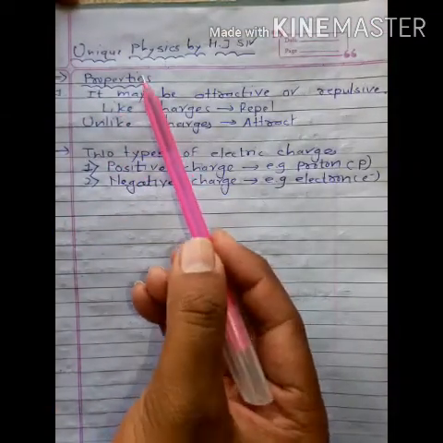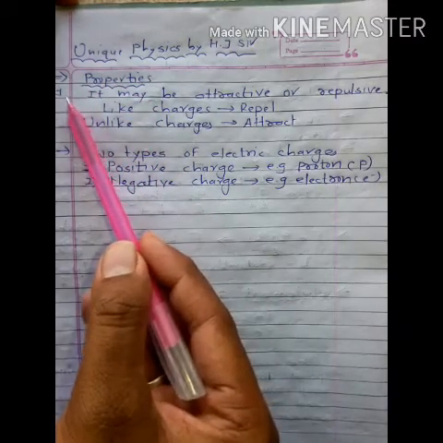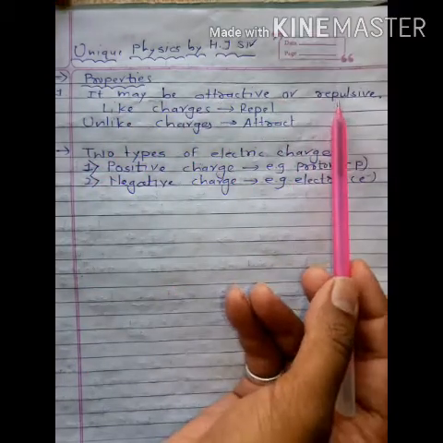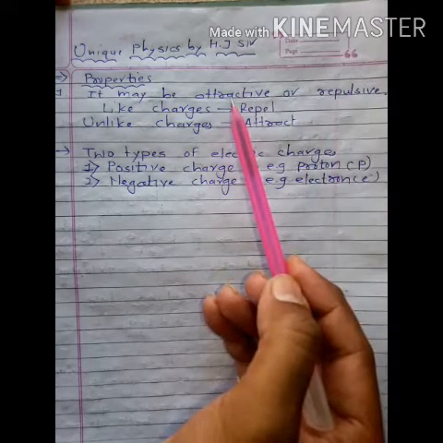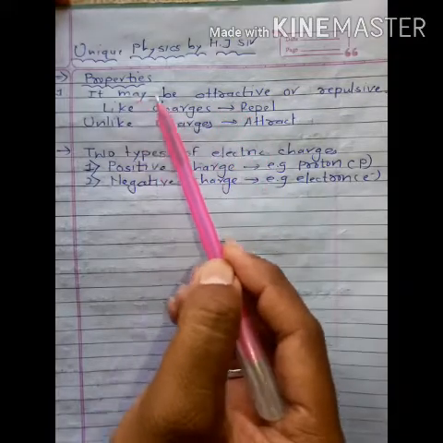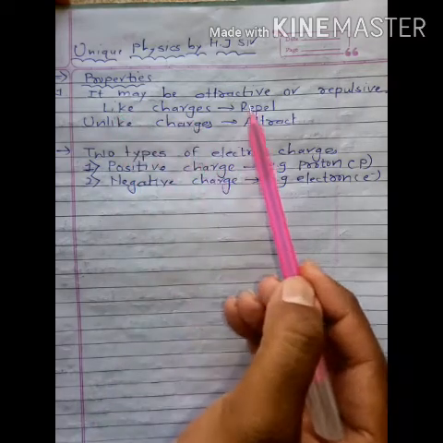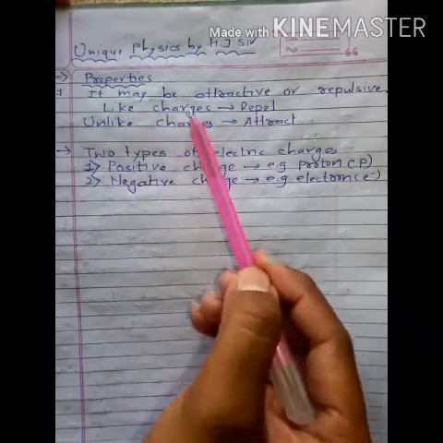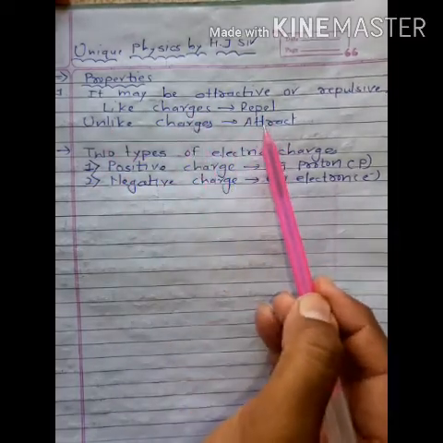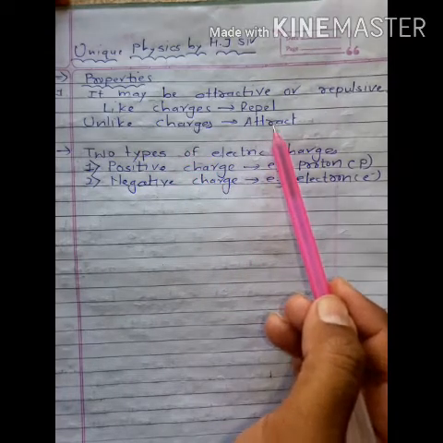Now here we will discuss its important properties. First property, electromagnetic force or Coulomb force may be attractive or repulsive. Clear? So remember this point. Gravitational force is always attractive, but electromagnetic force may be attractive or repulsive. Now remember this point. Like charges repel each other. Like charges means same charges. They will repel each other, while unlike charges attract each other. Unlike means not the same charged particle. So they will attract each other.